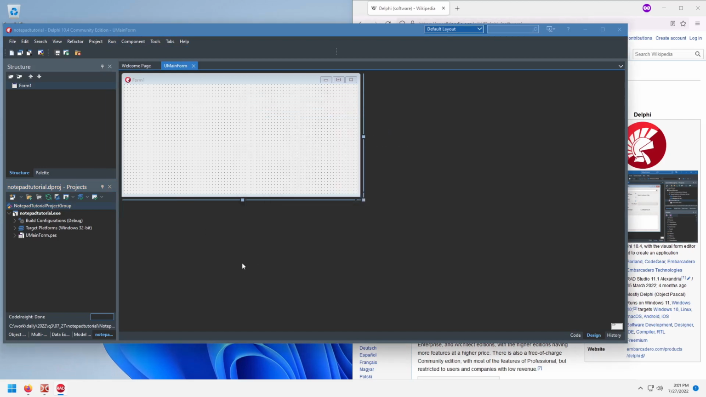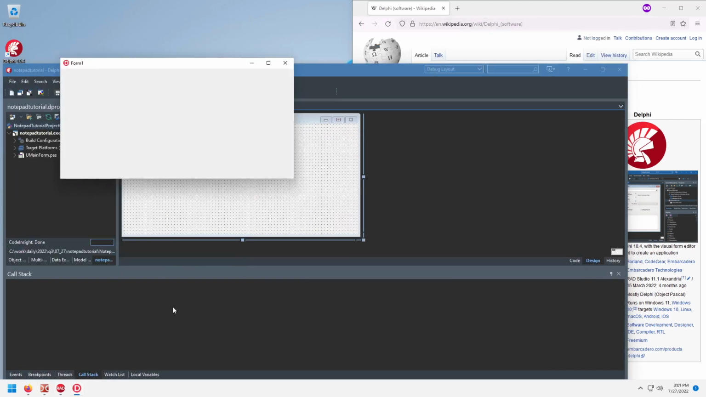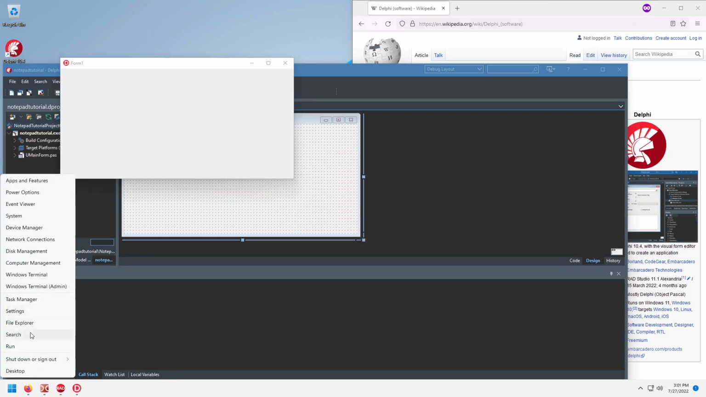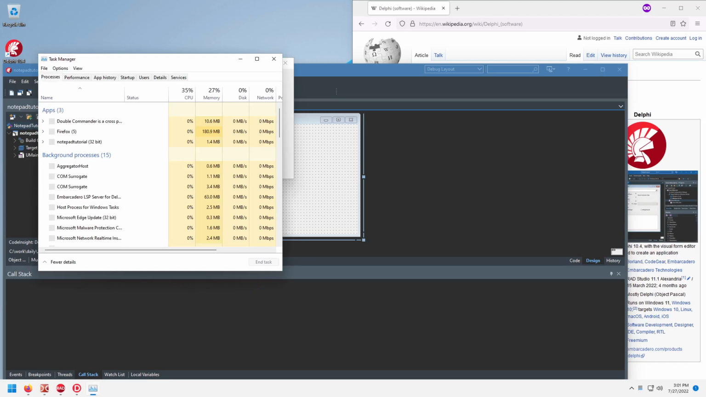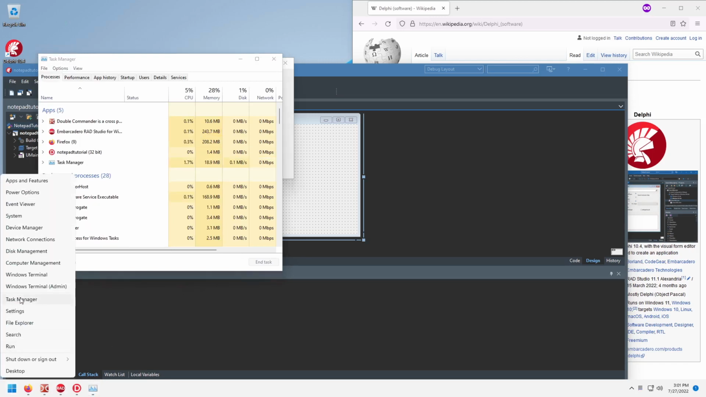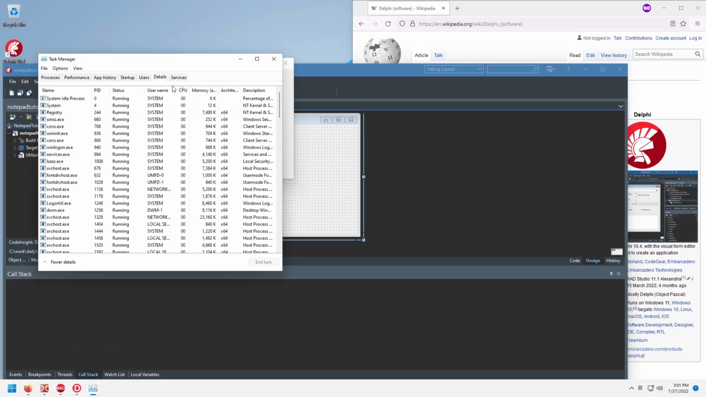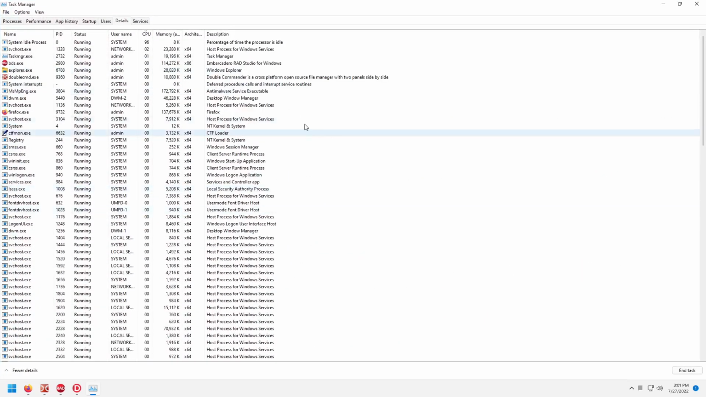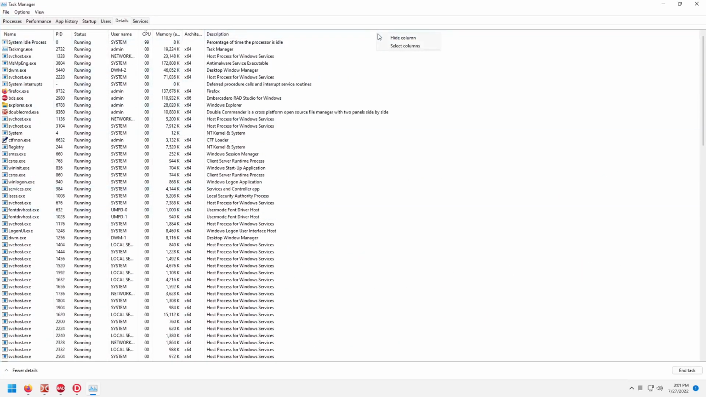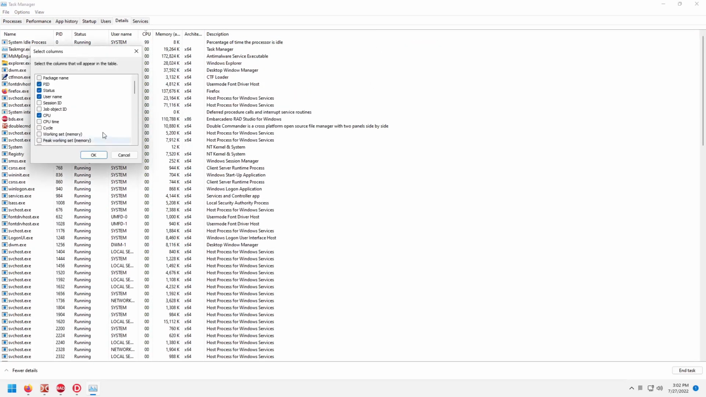Run. Okay, so it compiled it, and where did it put it? Task Manager: right click on the Start menu, and then Task Manager. We go to Details, and we want the full path. Right click on the description column header, select columns,